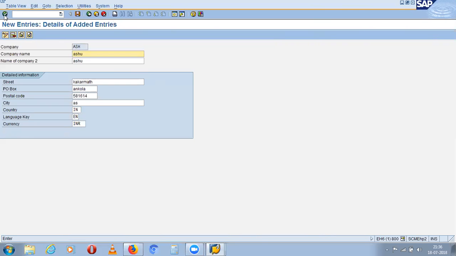Sorry, when I refer to the tick mark, you should be referring to the left corner. Okay, left hand tick mark. And then click on the left arrow mark.